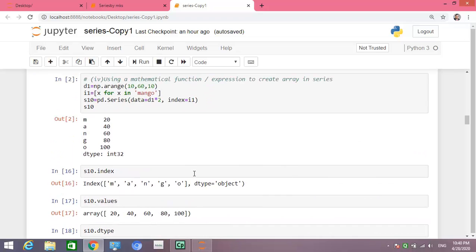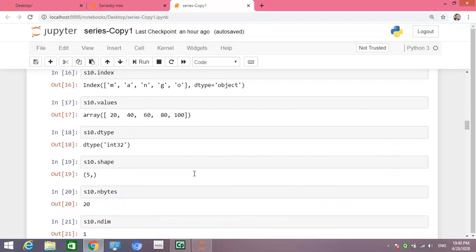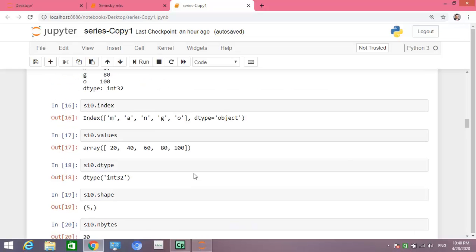Okay, next we will see accessing index, displaying values and index. There are 2-3 things that you have to note. If you want to display the index of a series, then you have to write series.index.